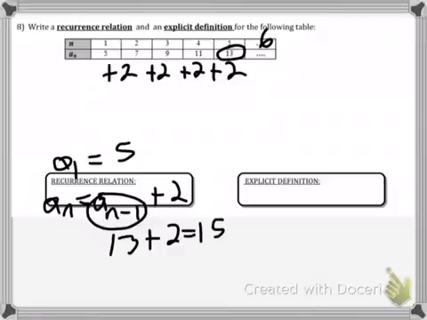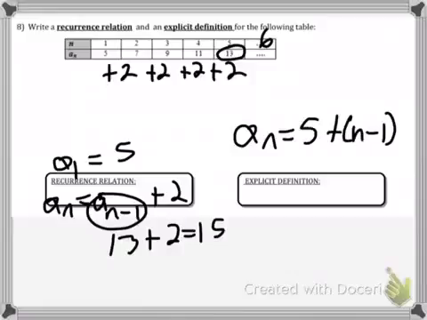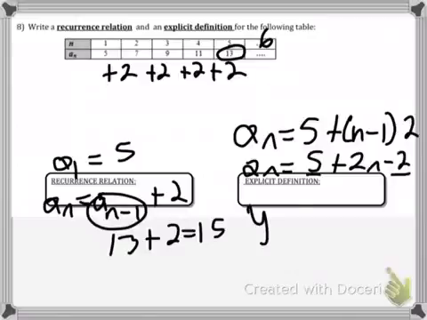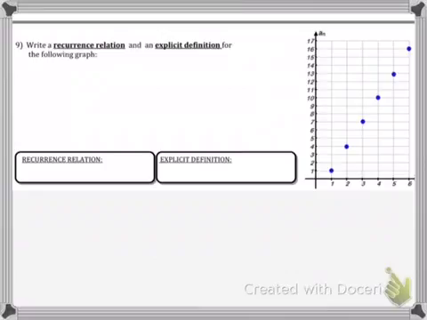So that's what we'll do. Alright, next is our explicit formula. So right here, we got a sub n equals the first term, 5, plus n minus 1 times 2. Alright, distribute that out. a sub n equals 5 plus 2n minus 2. Combine those two, we end up getting y equals 2n plus 3. Alright, lastly,